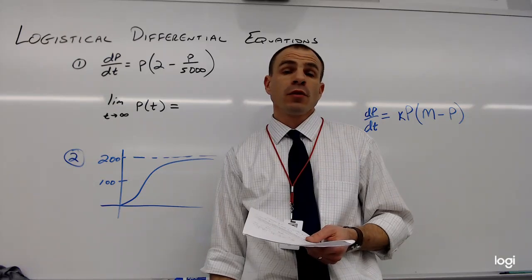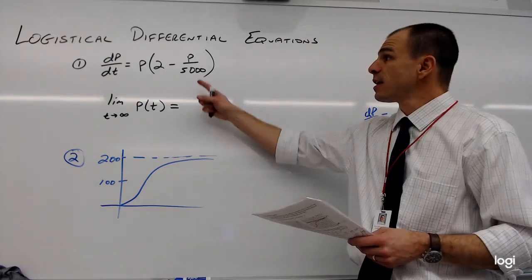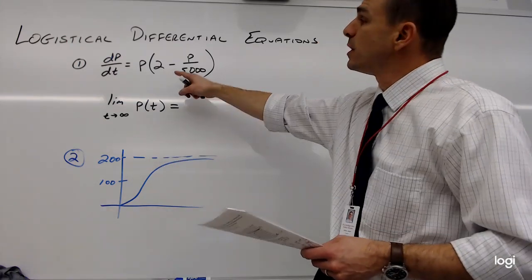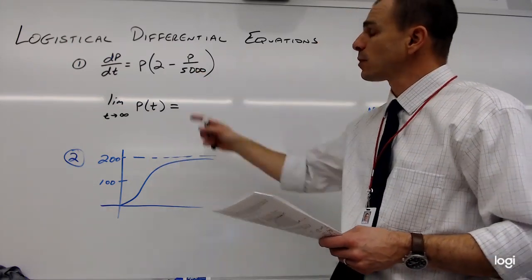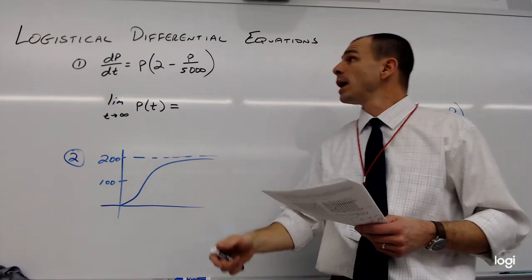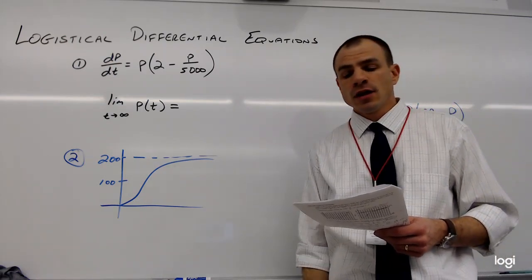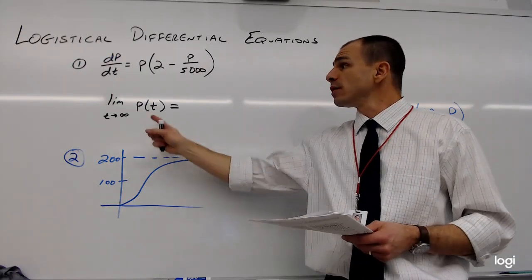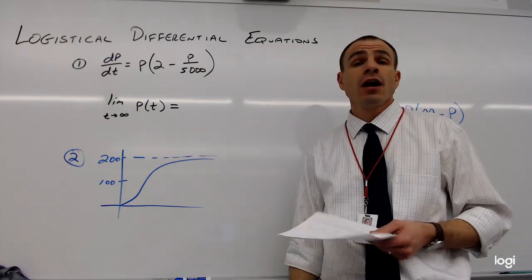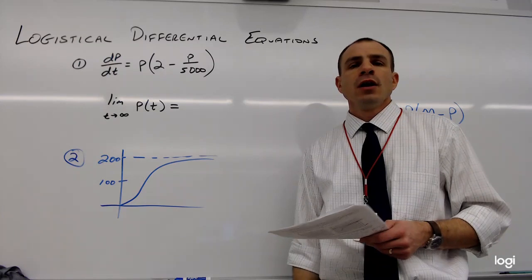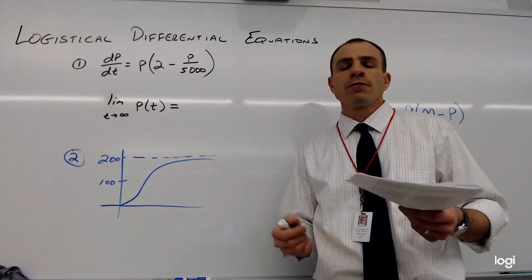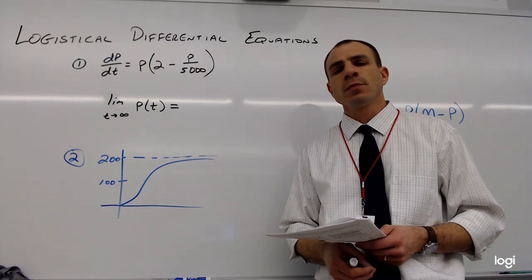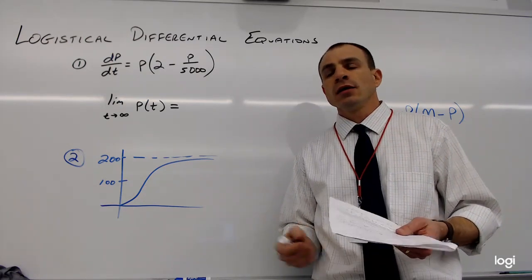With our first example, we have a population which satisfies this logistic differential equation right there. We see that dP/dt is equal to P times the quantity 2 minus P over 5,000. We're also given an initial population, and we're asked what's the limit as t approaches infinity of the population. So we know from the introduction and the idea behind a logistic differential equation that the limit is going